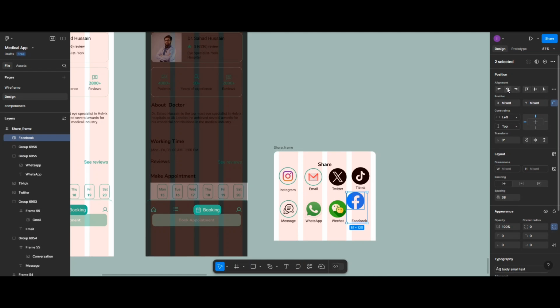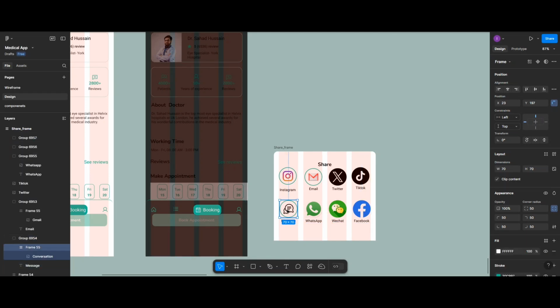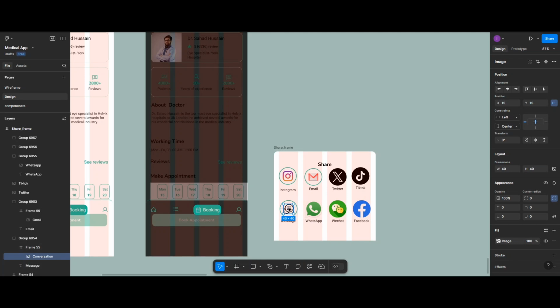Okay, and you distribute their vertical spacing to 5 and group them together. Alright, so now we are done. So you can still do one or two things here because this one doesn't have a background fill. Let's select it and just update the